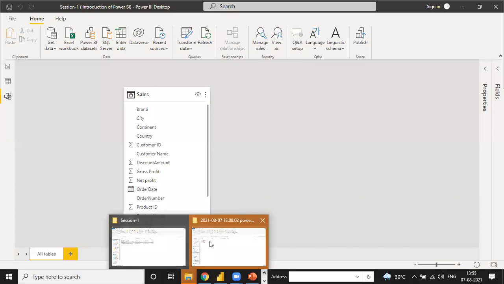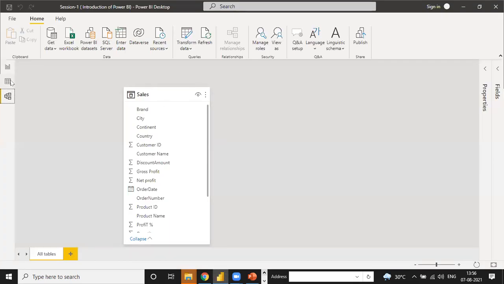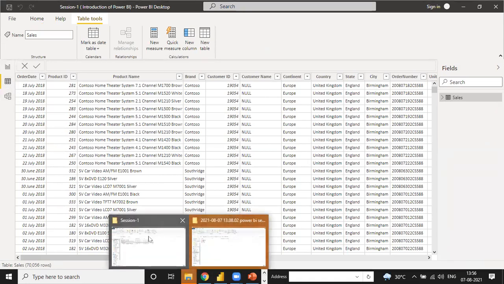When you are making the report, the Excel file size is 10,736 KB, whereas the Power BI size is just 12 KB. See, this is the difference in file size, because we have just pulled out one report and not made any changes in Power BI. The report is pulled out in just one step, so we have not done anything.